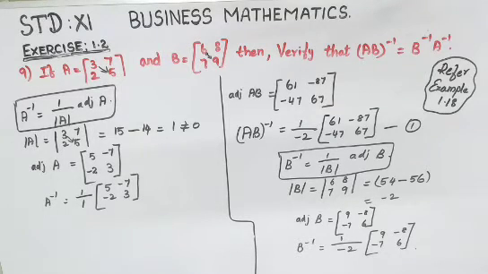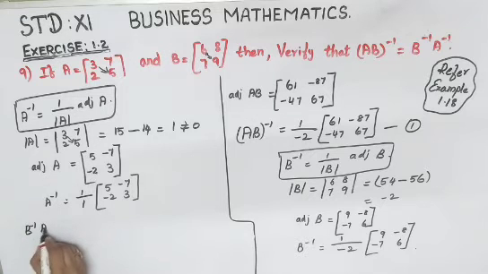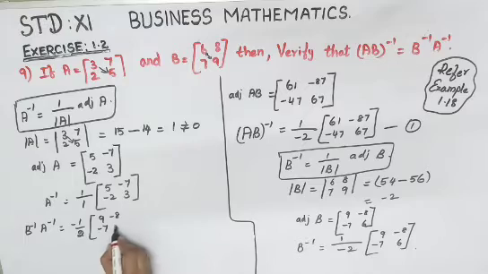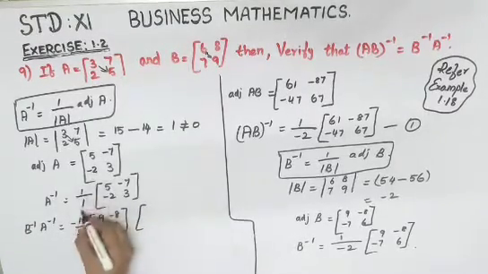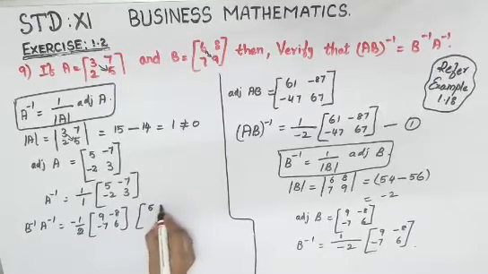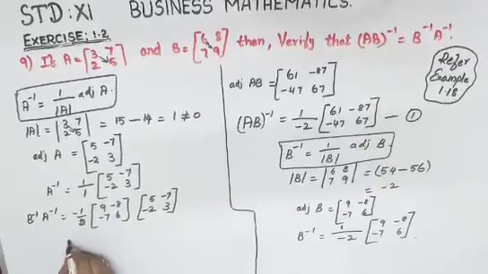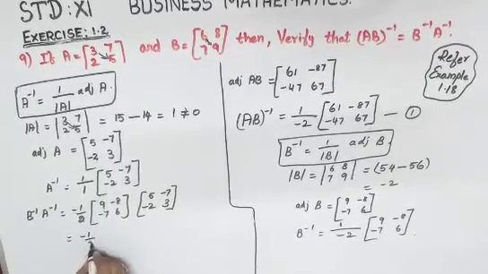Now you have got B inverse as well as A inverse, so you'll have to go for a multiplication. B inverse into A inverse is equal to, B inverse is this answer, minus 1 by 2 into 9, minus 8, minus 7, 6. Then A inverse is 1 by 1 only, so you can leave it: 5, minus 7, minus 2, 3. That is equal to minus 1 by 2.